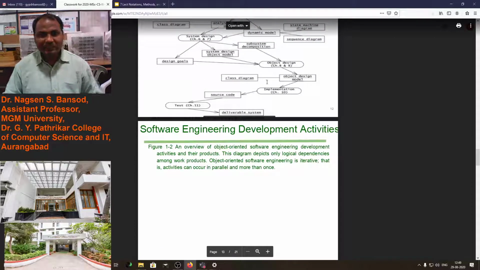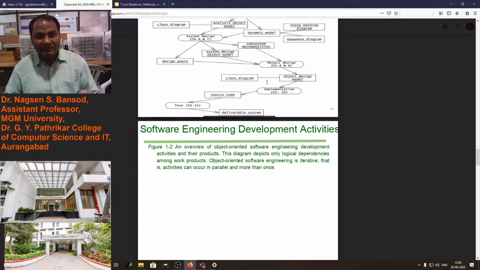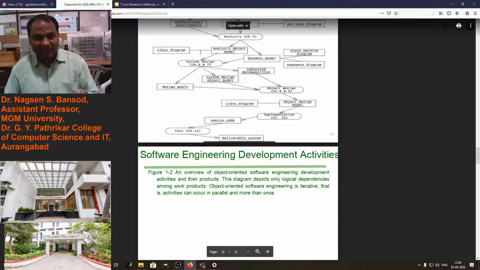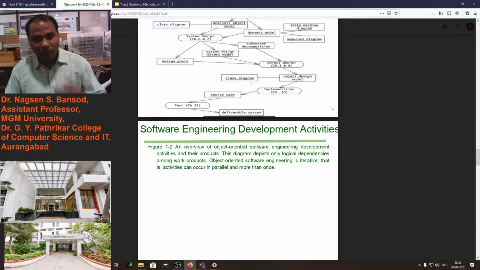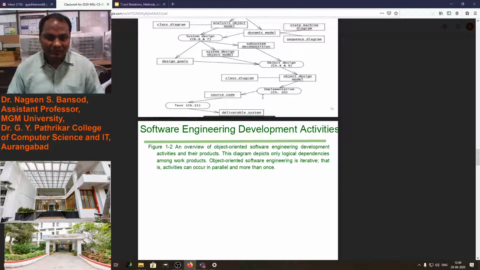In object design you again have to create a class diagram. In analysis we created a class diagram. For object design also we have to create a class diagram for representation in the Unified Modeling Language.